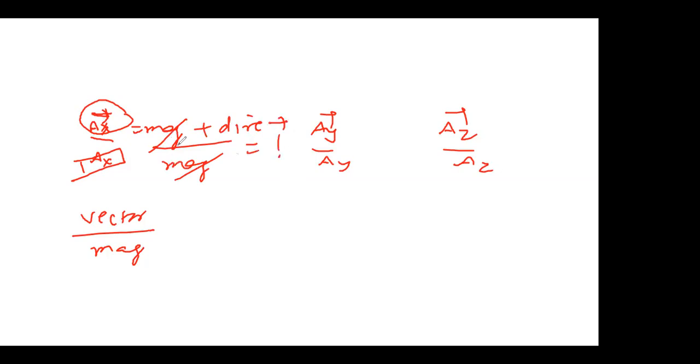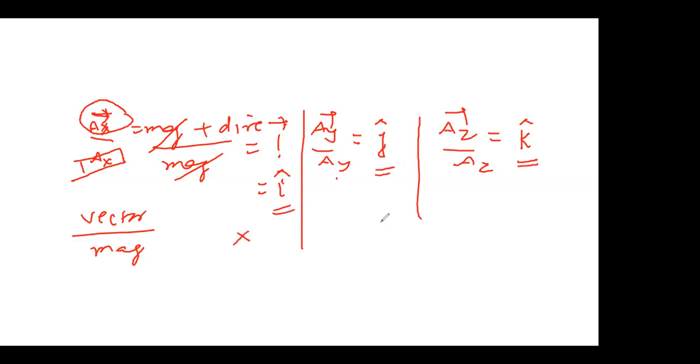How do we write this 1 with direction along the x-axis? I cap. Okay. So when you divide the A y vector by its magnitude, I get a unit vector in the direction of y. That vector is called the unit vector, denoted by j cap. What to write here, can you tell now? K cap. So i cap, j cap, k cap are unit vectors along the x-axis, y-axis, z-axis respectively.